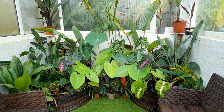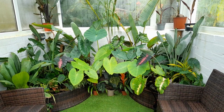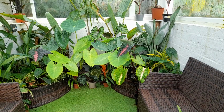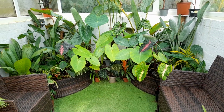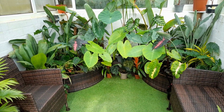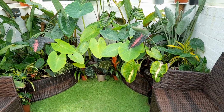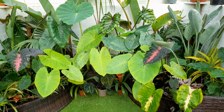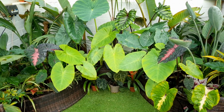So I thought I'd better do an update on the permanent plantings in the hothouse here, but that's mainly going to be about the elephant ears, because they're the ones that have taken over and put on the most growth in the short time they've been in. So let's have a look and see what's going on. This is pretty much exactly a month now that things have been planted up in here. So in just 4 weeks,